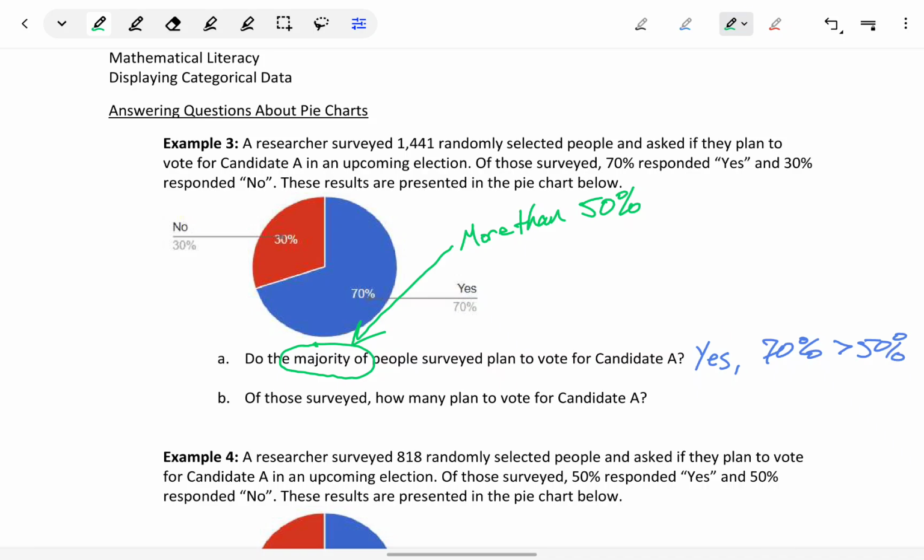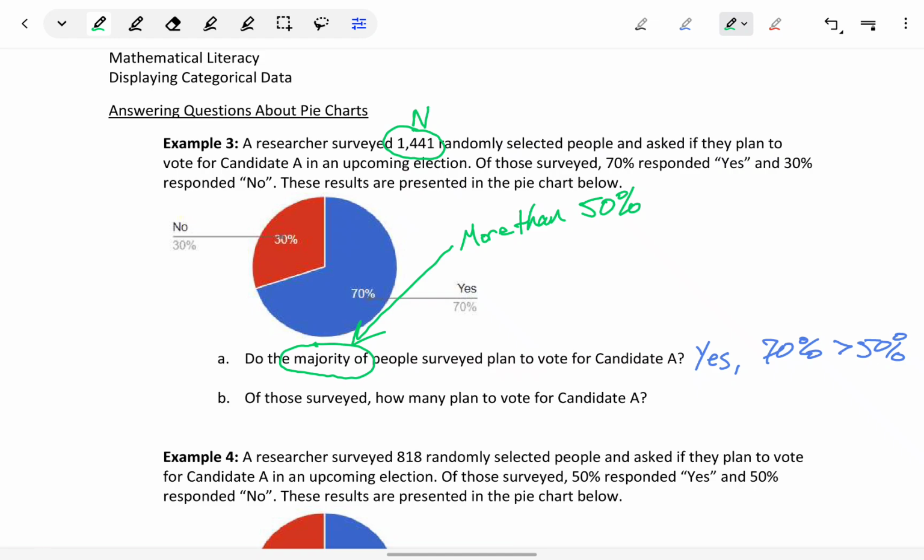In part B, we're asked, of those surveyed, how many plan to vote for candidate A? Just looking at the pie chart, we can't determine that information. But if we reference back to the question, we are given the information we need to come up with that result. So if we're communicating information with a pie chart or someone else is communicating that, somewhere they should give